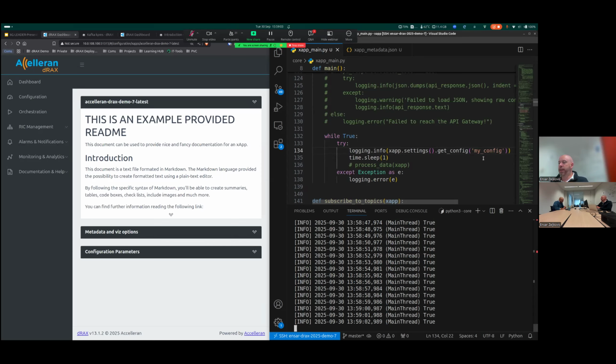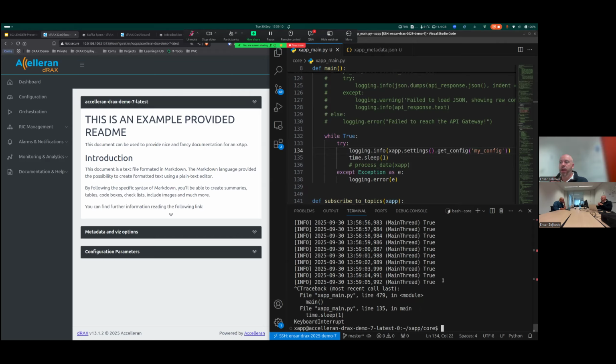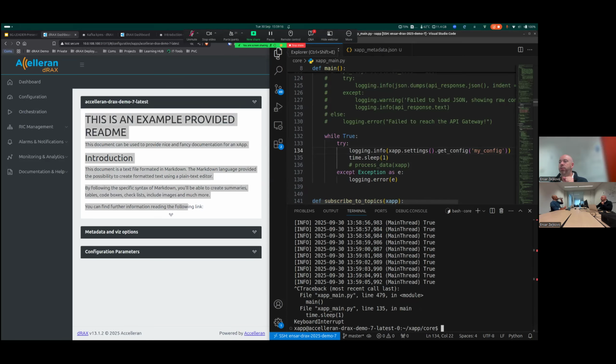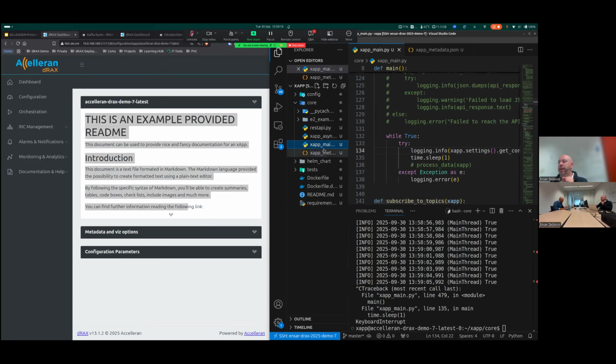And one final thing that I wanted to show you today is the xApp API. Just before we do that, I said that there's this documentation, this README of the xApps. That's also available to you in here.